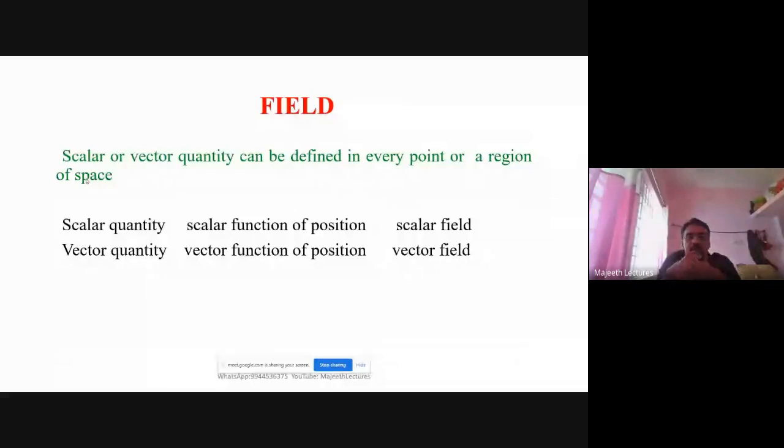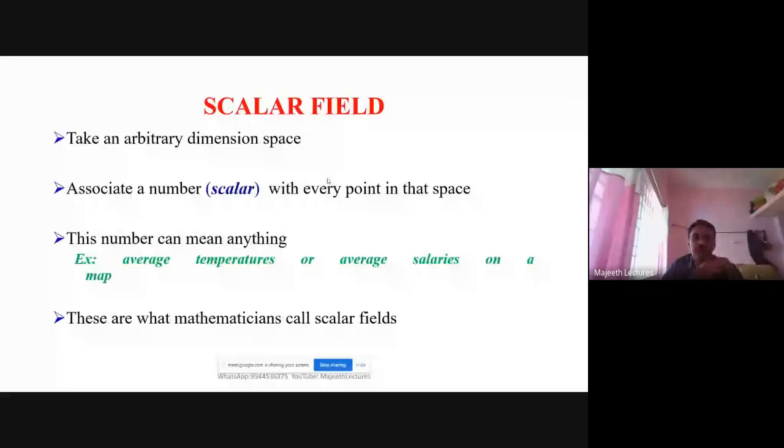We know two fields in our real life. One is the scalar field, and another one is the vector field. In the sports field, we associate sports. In the education field, we associate education. Whereas in a scalar field, we associate every scalar quantity to the field. In a vector field, we associate every vector quantity to the field. So that's what we have to know about field. Next, as I told, field is something we feel in the space. In electromagnetics, we are going to feel the electric field and the magnetic field in the space.